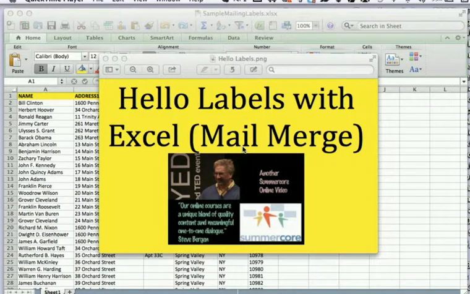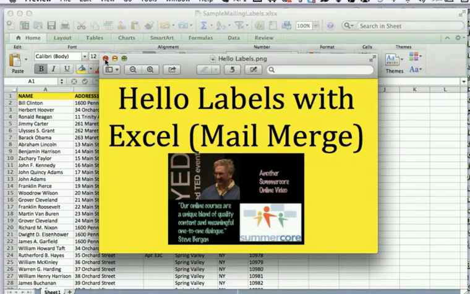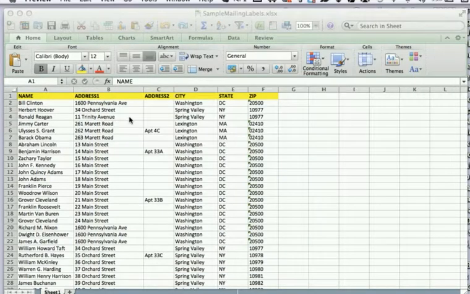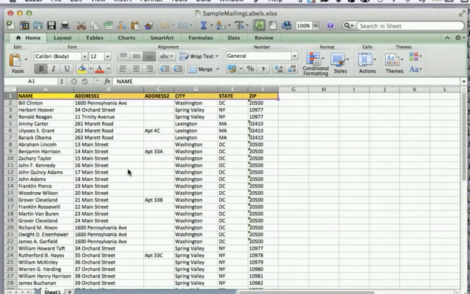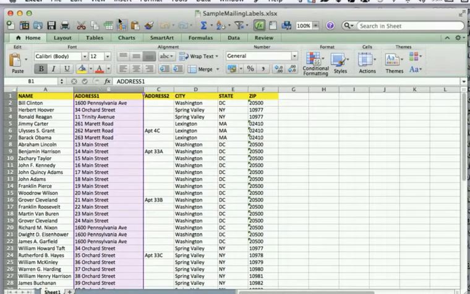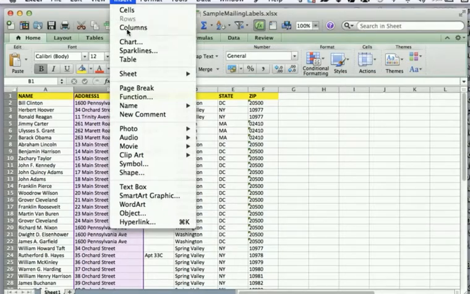Okay, so let's go back to our president's spreadsheet. And this time my boss wants me to print out hello labels so that we have Bill's name and Herbert's name and Ronald's name nice and big on a hello label. We just bought a whole bunch of these. They're 5390 Avery. My boss is a first name kind of person, so we're going to insert a column or two,